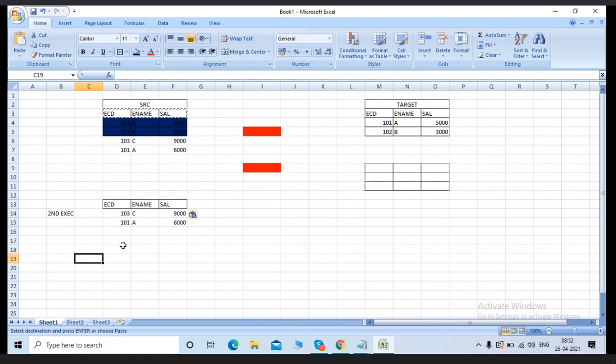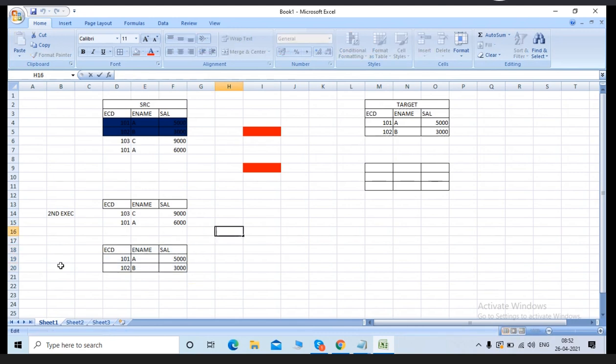please check your target versus your source. Please take the data from your target. From the second execution onwards, please compare your source versus target based on your employee code, then implement a left outer join logic. If I'm implementing the left outer join logic from source and the target, source and target left outer join,